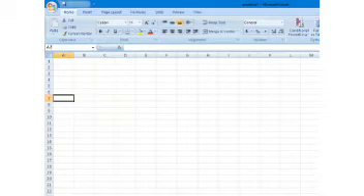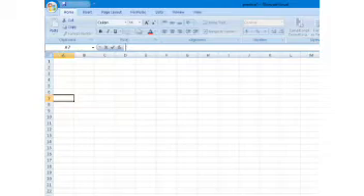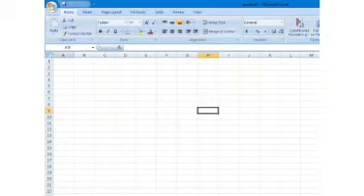It is located at the left side of the formula bar. This is the formula bar, and this is the name box. So for finding out the address of any cell from the worksheet, we will put the cursor in the particular cell and the name box will show the row and the column of that address.